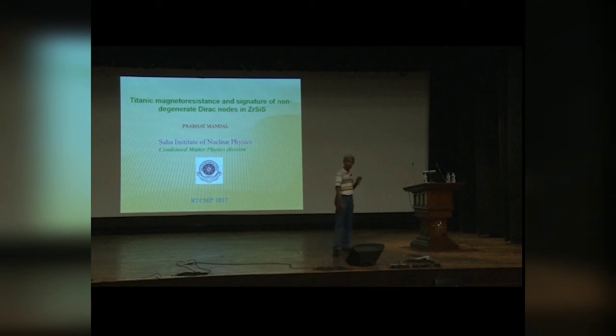Not many of the measurements were done during the 60s and 70s, but people did not know what is the rich physics behind this. Okay, with this, the title of my talk is Titanic Magnetoresistance and Signature of Non-Degenerate